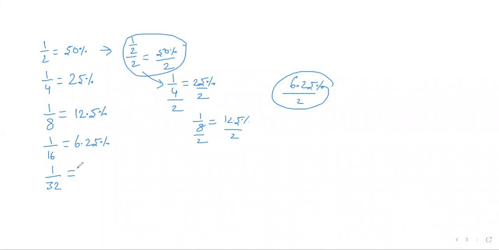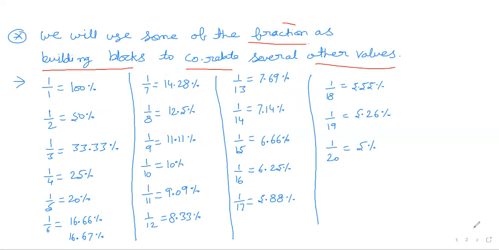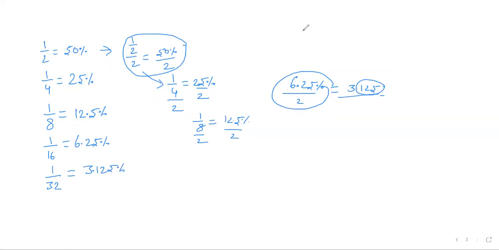It can improve your calculation also. If you are making mistakes repeatedly, then it will be very helpful, right? So 1 by 32 will be 3.125. Remember all these values, and based on this, we'll do some questions,